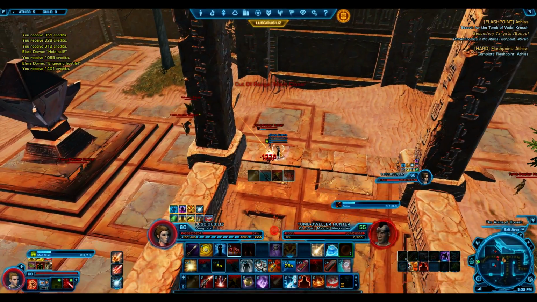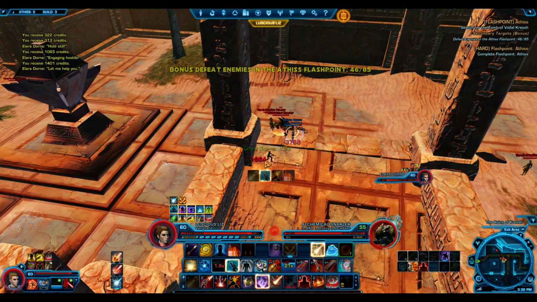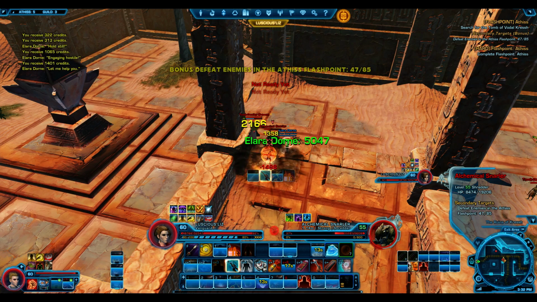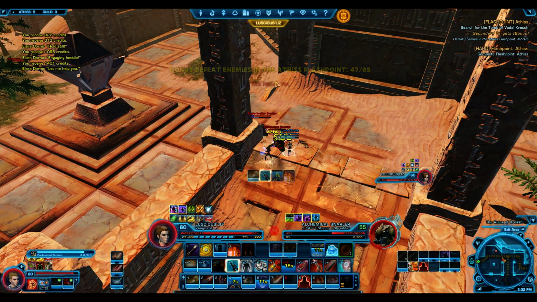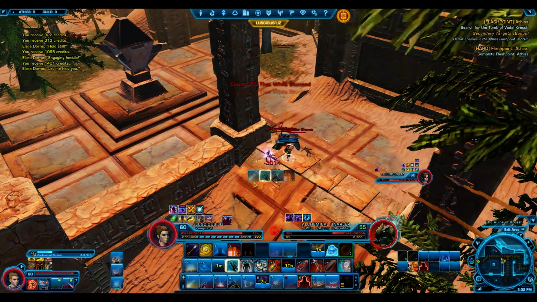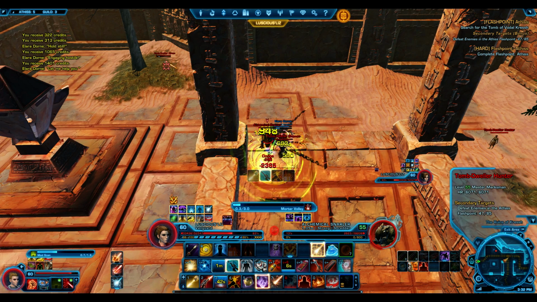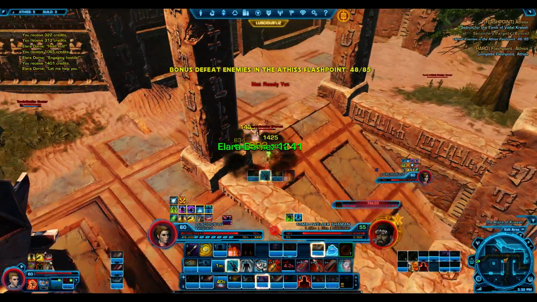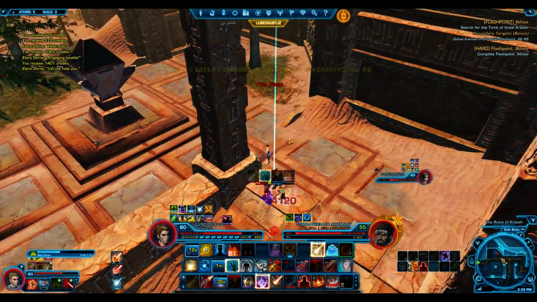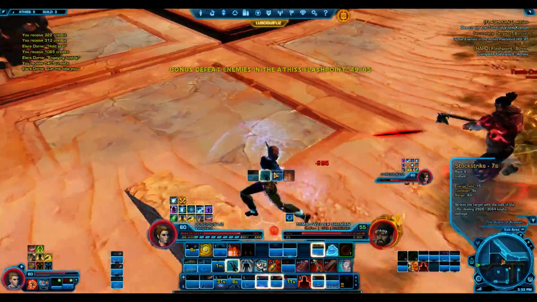You see his snipe there. Whoa, what the hell? Pull them around this corner. 14 seconds before I can pop that up. Sniping Alara. Fuck, I taunted the wrong one. Kill that fucker. And get away from...